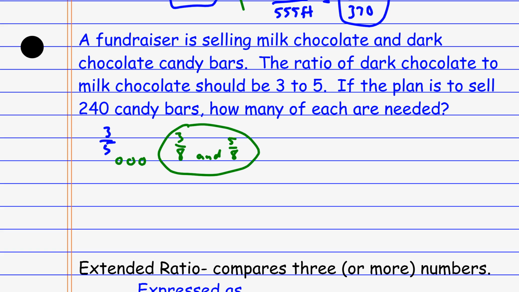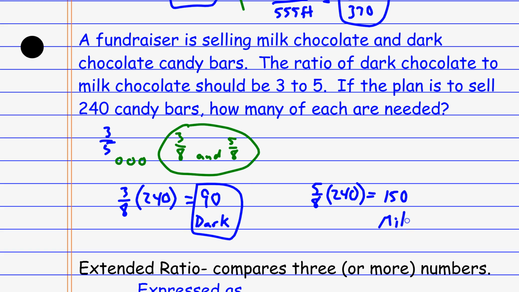I have the total. So if I want to say, okay, the ratio is 3 to 8, in other words, 3/8 of the total should be the dark chocolate, and 5/8 of the total should be milk chocolate, I can now find the milk chocolate and the dark chocolate by saying, okay, 3/8 times the 240. And that'll give me the number of dark chocolate, which ends up being 90. And then I can say 5/8 times the 240. And that'll give me the number of milk chocolate, which is 150. So 90 dark chocolate candy bars